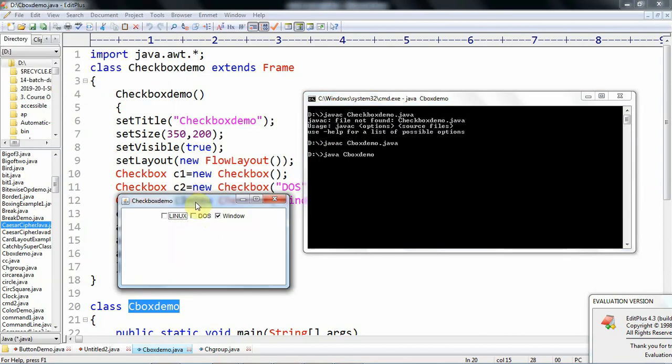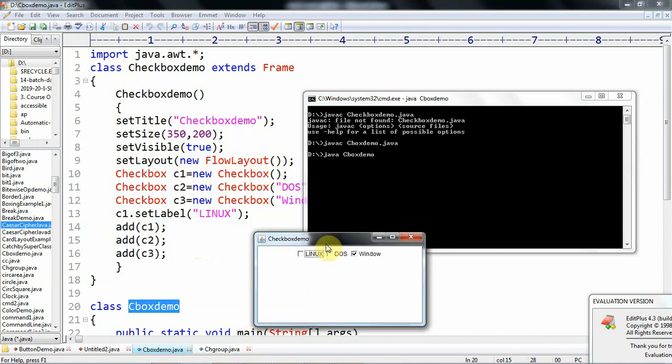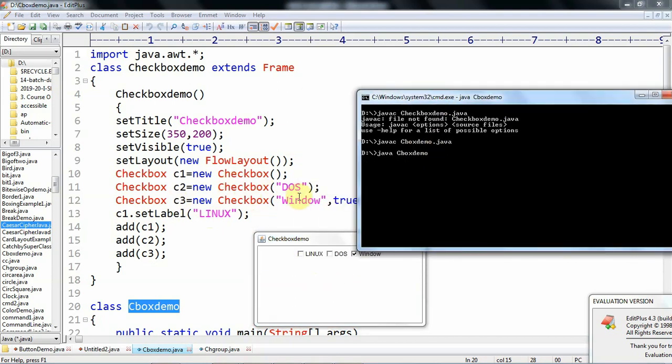This is the output. So here if you observe, total 3 checkboxes are created. Actually initially c1 is not having any label. After some time we add the label by using setLabel method by giving the caption Linux. So that's why the checkbox is created, and initially that is unchecked. We may do checking like this. And the second one c2, that is DOS, and that is also unchecked.